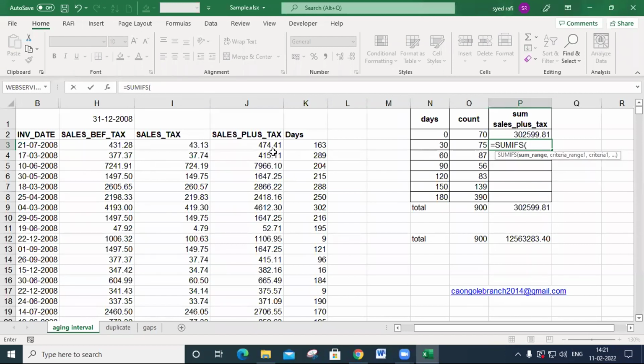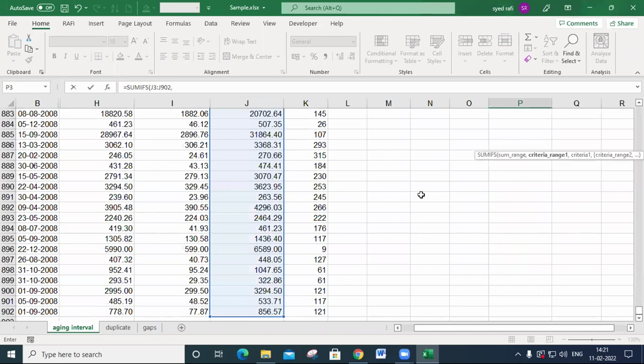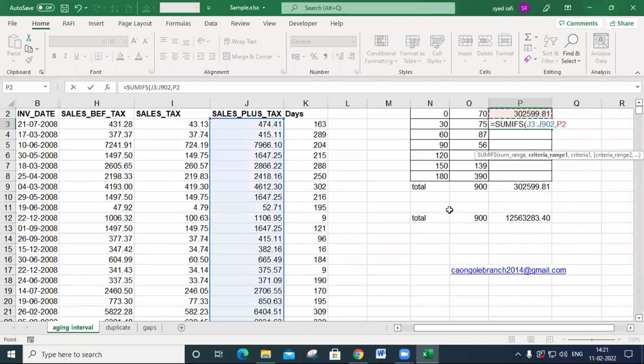So you first specify the sales plus tax and select that one, comma, and you must specify as greater than or equal to 31, comma, you must specify the same range. That's why I copy this one and paste here and say less than or equal to 60 and close this one.